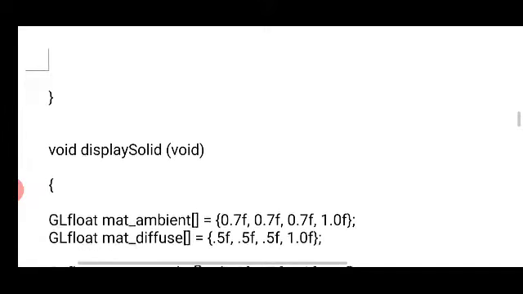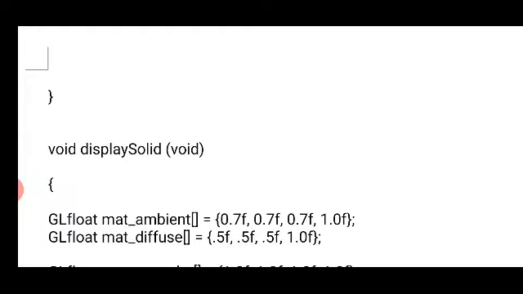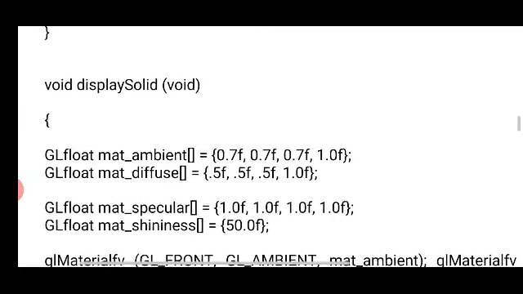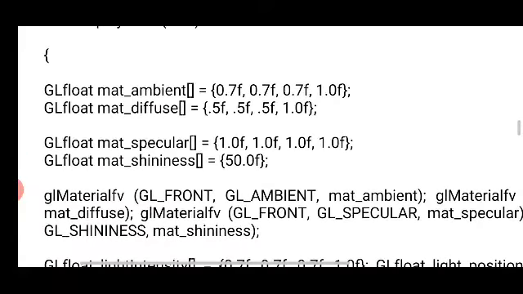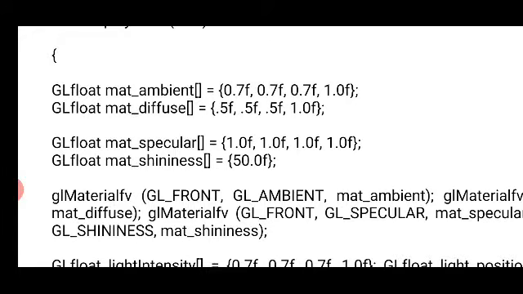Okay, then after drawing all these objects onto the screen, the next thing we need to do is assign some light properties. We are going to initialize some light properties such as ambient, diffuse, specular and shininess of a particular light. We are going to initialize these four parameters of a light using some floating point values. Now after initializing these light parameters, next we need to position a light source.